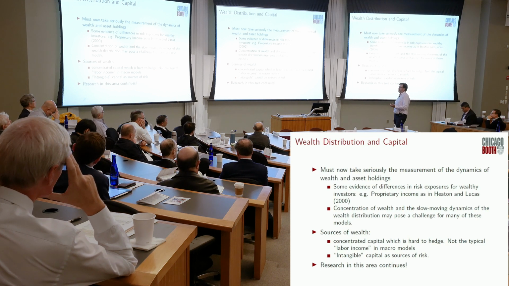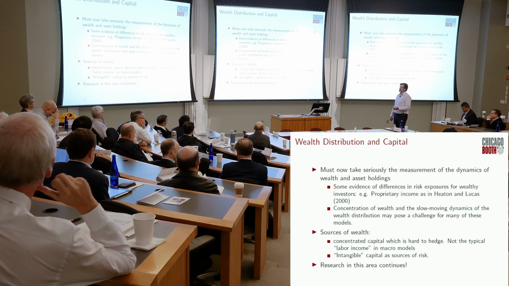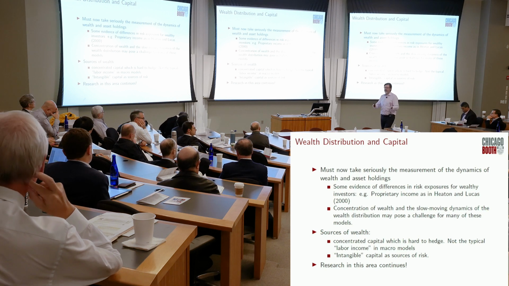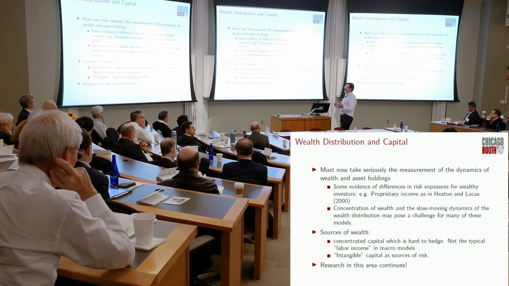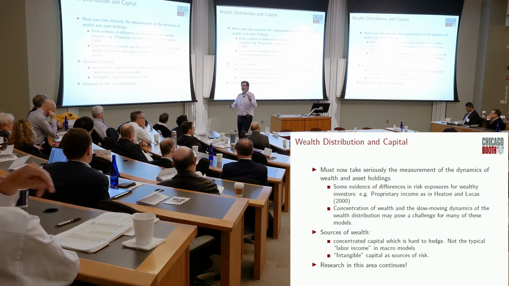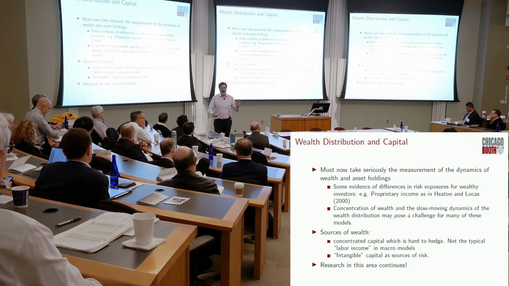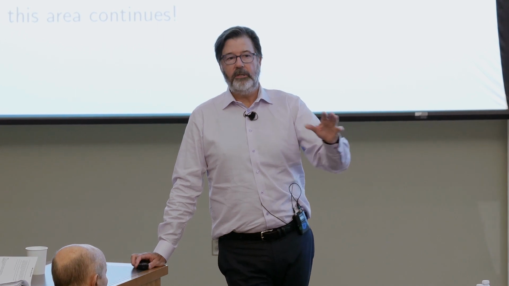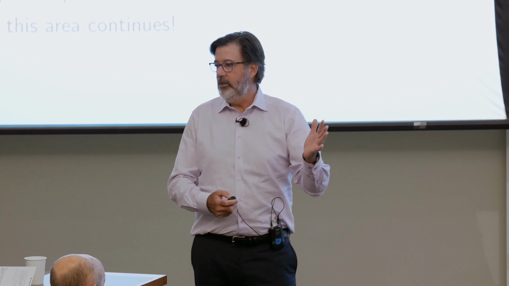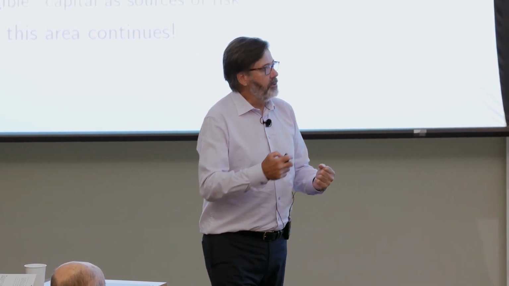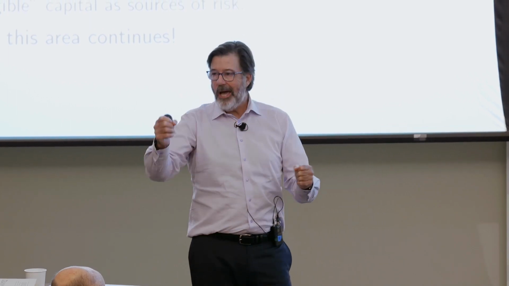Now, one problem with these kinds of models is you end up with another set of moments you've got to look at, which is the wealth distribution. And I think, unfortunately, some of them don't necessarily address the concentration of wealth. And I don't mean that in a normative sense, I mean it in a positive sense. We know that the wealth distribution is quite concentrated, so we really care about the dynamics of that wealth distribution, and it's very slow moving. So some of the mechanisms in these models rely on the wealth distribution moving around a lot and don't address